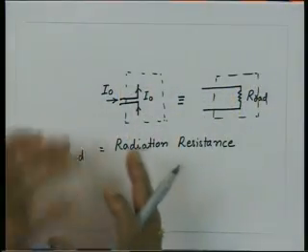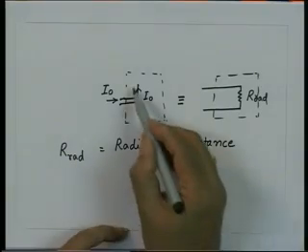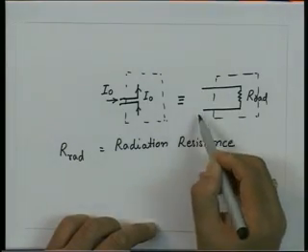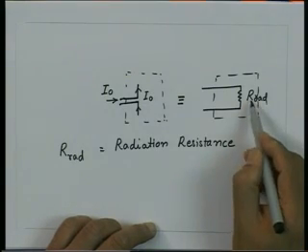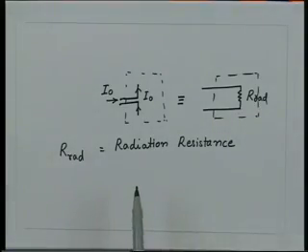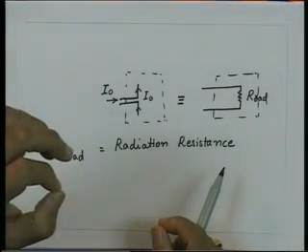Of course, it will appear like a resistance if we concentrate only on the radiation fields which contribute to the power flow. But as we know, in the vicinity of this dipole we also have the electrostatic and the induction fields, which are reactive fields. So between the terminals of this antenna you will not get only radiation resistance, but also a reactance corresponding to those electrostatic and induction fields. In general, the antenna will appear like a complex load. The real part of this load will correspond to the power radiated by the dipole.